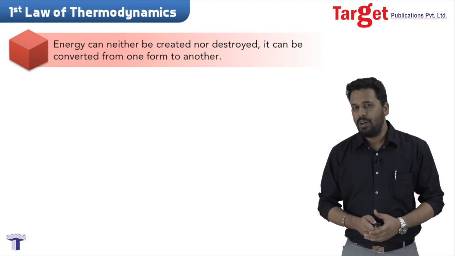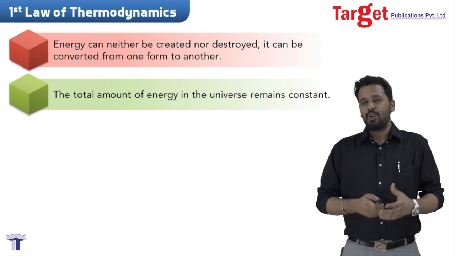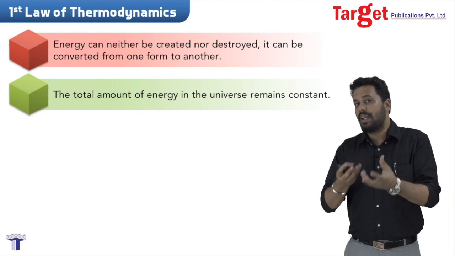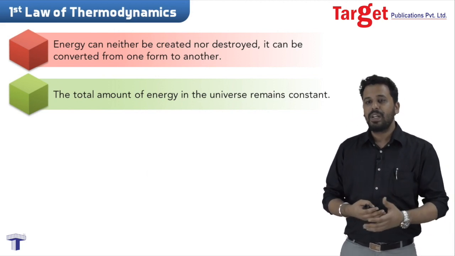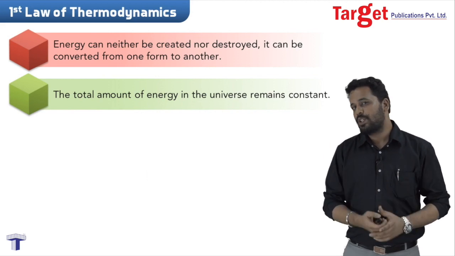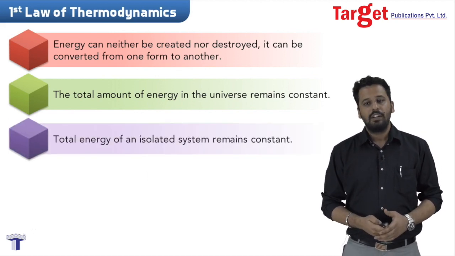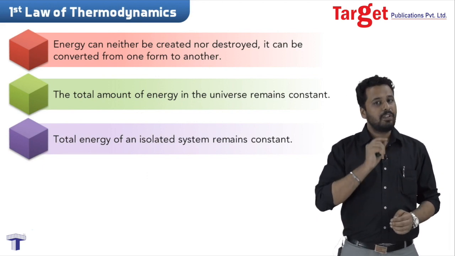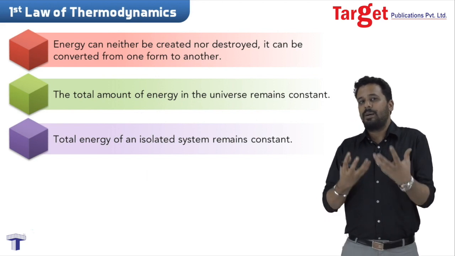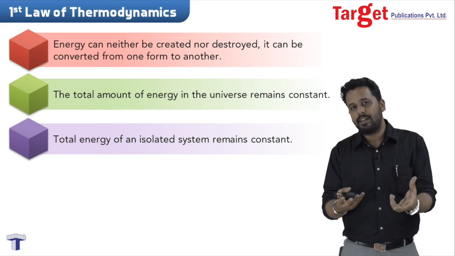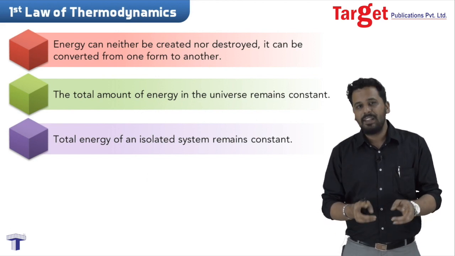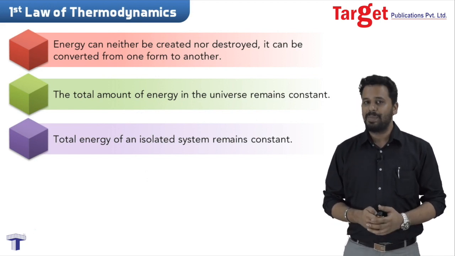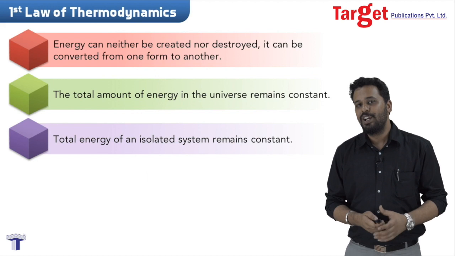We can also say this law by different statements, like the total amount of energy in the universe remains constant because no new energy is being created, no energy is being destroyed, so the total amount of energy in the entirety of the universe will remain constant. We can also say that the total energy of an isolated system remains constant. An isolated system does not absorb heat, it does not release heat. It is totally isolated, meaning there is no exchange of matter, there is no exchange of heat. Here also the total energy will remain constant because no new energy can be created or none of the old